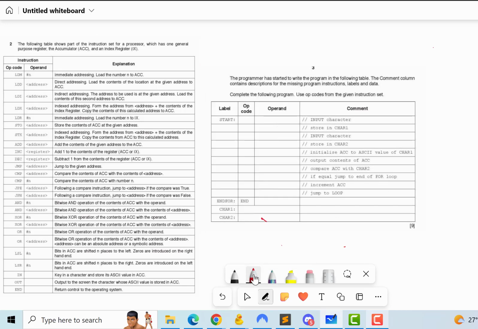Okay, so the first thing we want to do is input. So it's going to be IN for input. It's going to let me input a character. That's all I need to do here. Once I input it, I'm going to type in like A. I want to store that in char1. So to store, it'll be STO. And I'm going to store it in